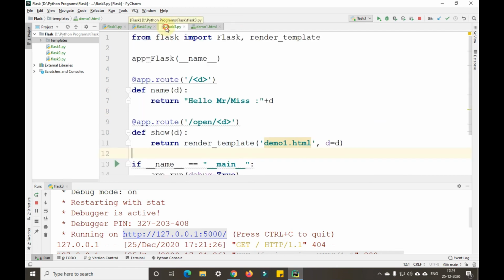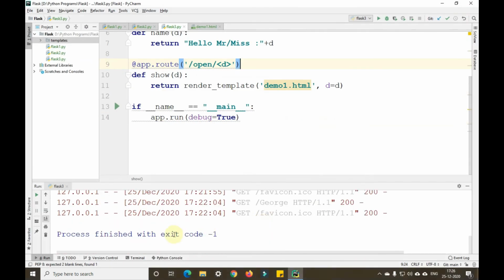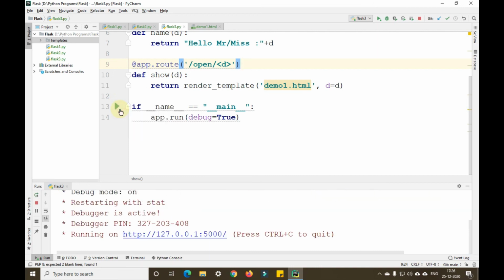When I go back to the flask3.py file, I have to just stop the server and close this browser once. You can see the server is stopped and it is showing process finished with exit code -1. So let me run this flask3 program again.